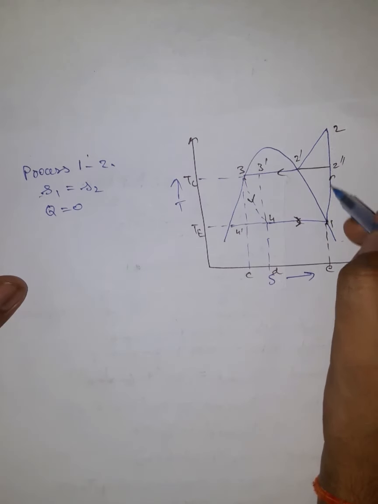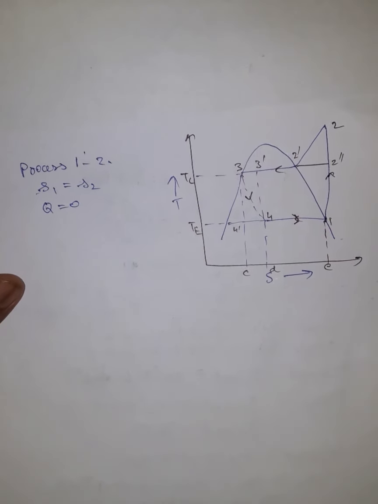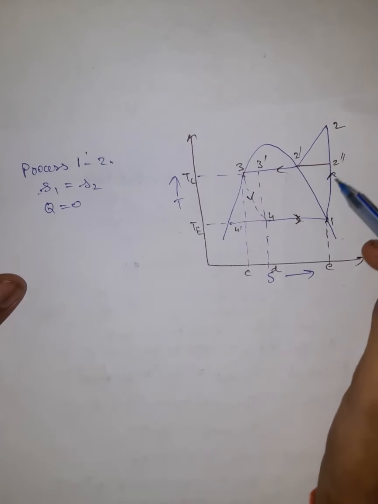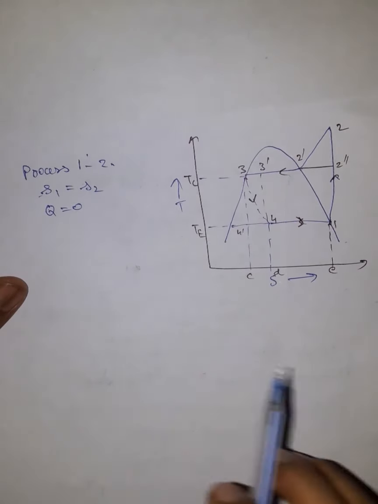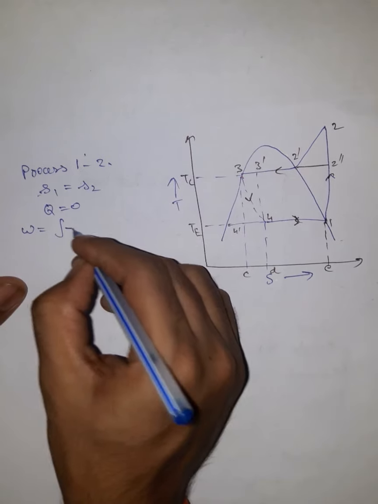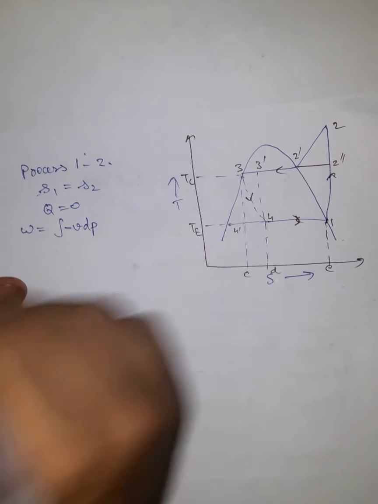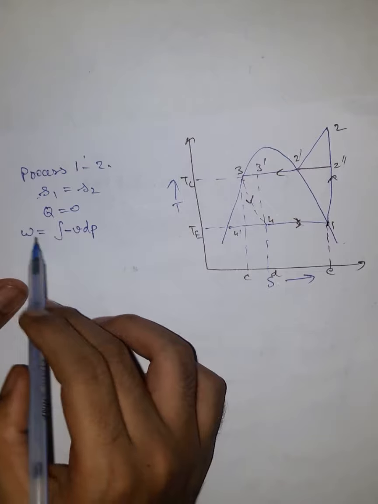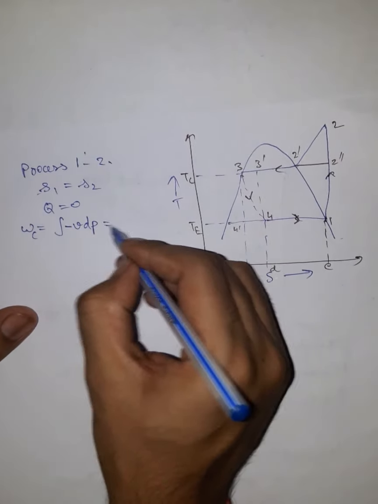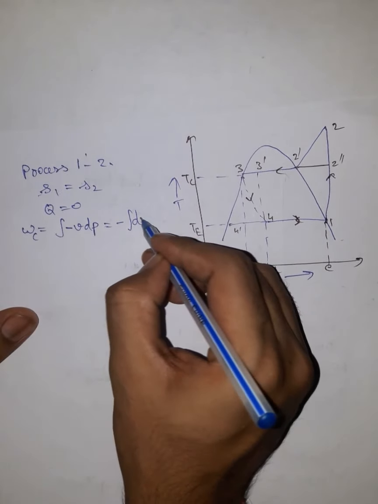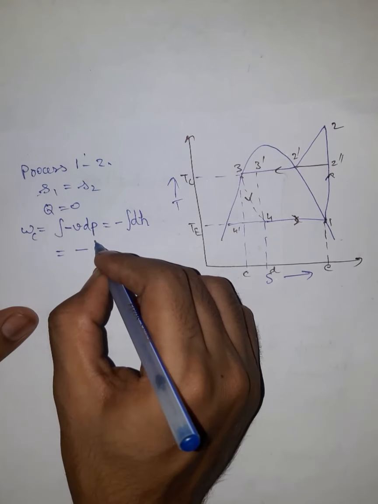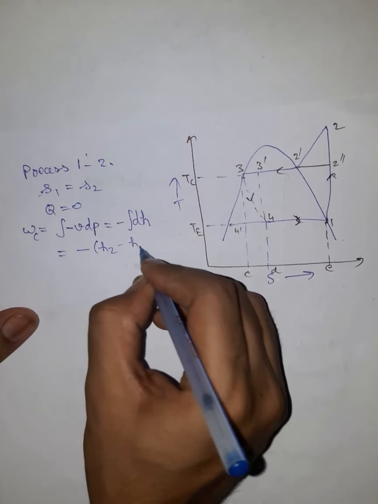Also we know that this is the process which is taking place in the compressor. In this case we are having an open flow compressor, so work calculation would be done using the formula for the open flow work, that is from this formula. Okay, and W compressor can be written as integration of minus VdP. This can also be taken as integration of minus dH, which can be written as the enthalpy difference between these 2 points, H2 minus H1.